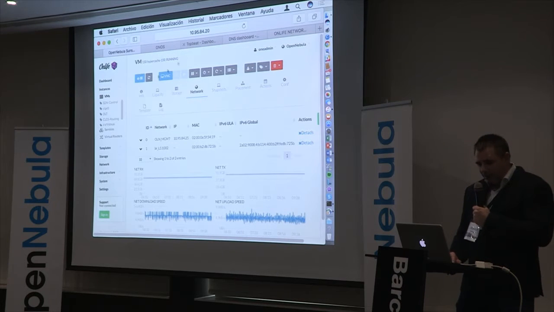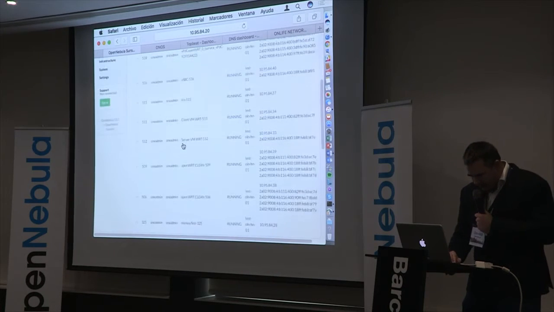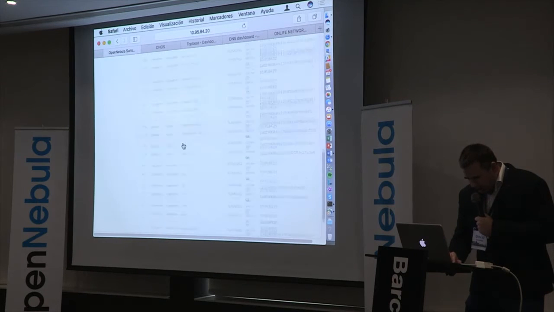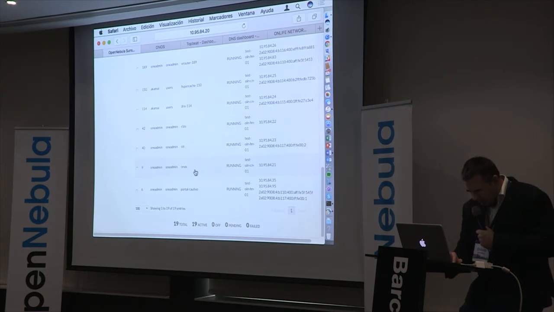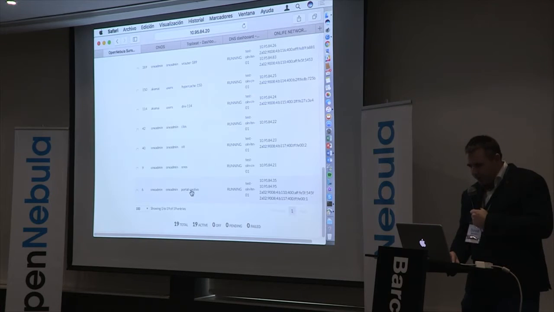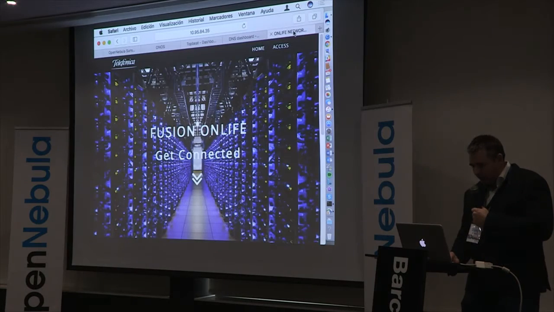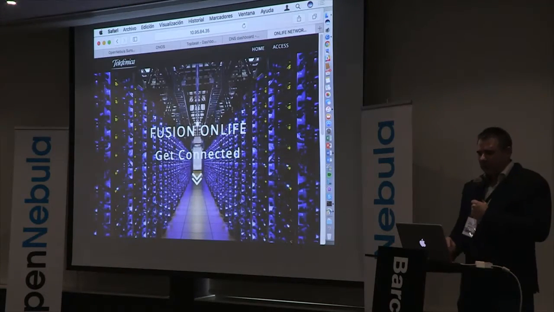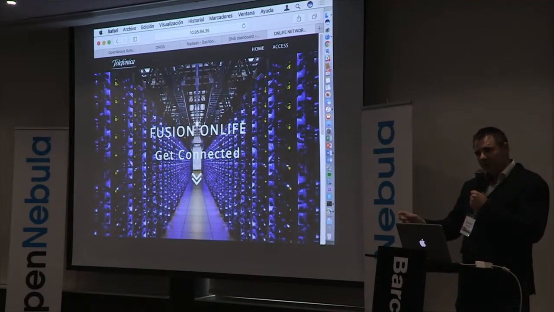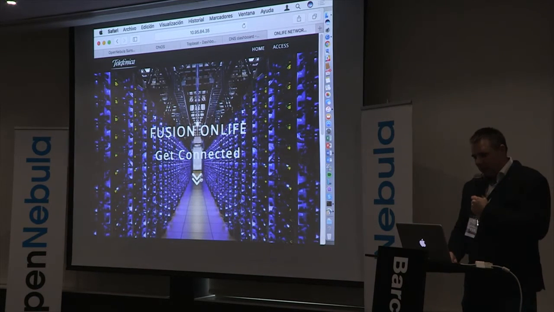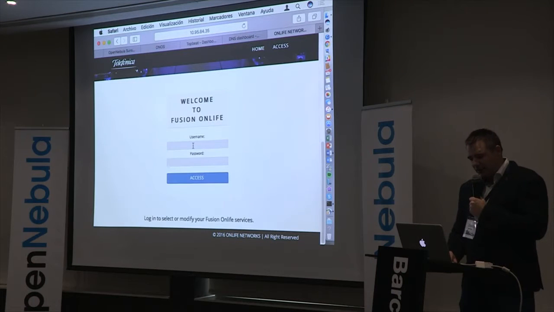I mentioned the logs and the IDs, which is, well, this is the captive portal machine. If you look at what is the captive portal, this is the landing page for the captive portal. So the first time that users connect to our central office, no matter what he types in the browser, gets to this landing page. And if he wants to get connected, he just clicks here, introduces the credentials,